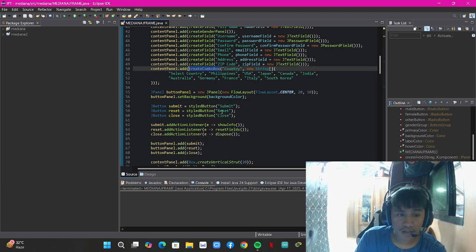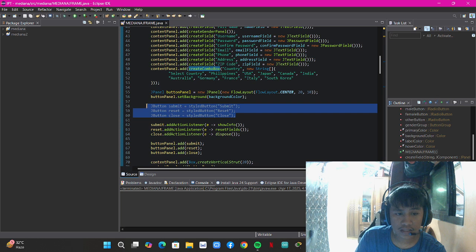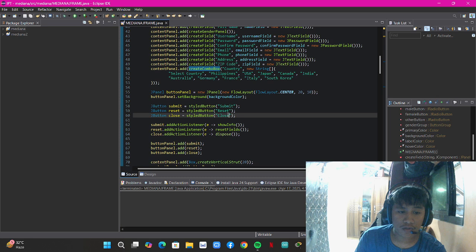So at the bottom of the form, there are three styled buttons, which are submit, reset, and close. These buttons use the styleButton method to apply hover effects and design consistency. Each button has an action listener.